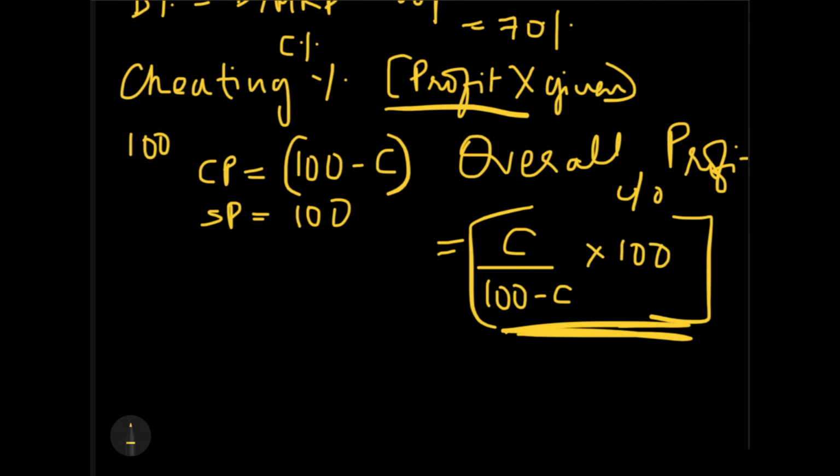The second step is when we are having the profit with us. So see, there will be some kind of questions where they will be saying that the shopkeeper gained 10% and did cheating of C%. So here the profit percent is also given and the cheating percent is also given, but the actual profit will not be 10%. The actual profit will be 10% plus the profit which he gets from cheating. So for that, there will be no changes on the side of the CP. The only change will be that the SP will become 100 plus the profit percentage. That's all. Okay, fine.